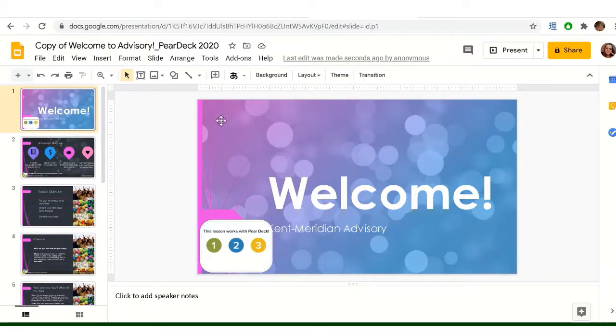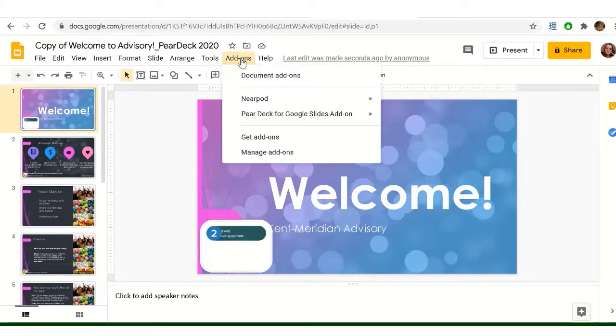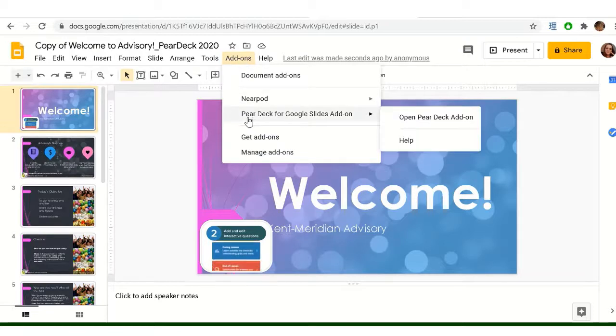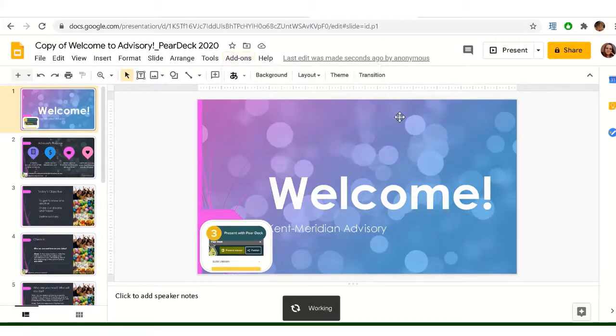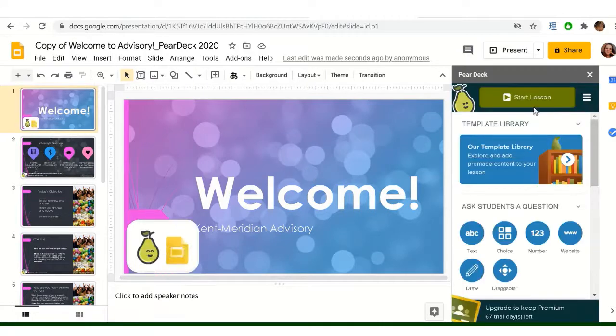And in order to officially start a Pear Deck, what you have to do is click on Add-ons and then go to Pear Deck for Google Slides add-on and open the Pear Deck add-on. Once that starts, you're going to see a green button that says Start Lesson. You'll click on that button